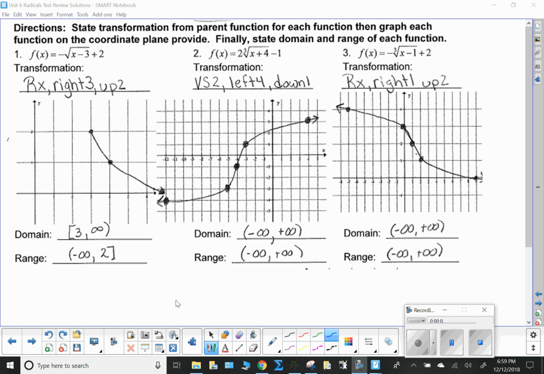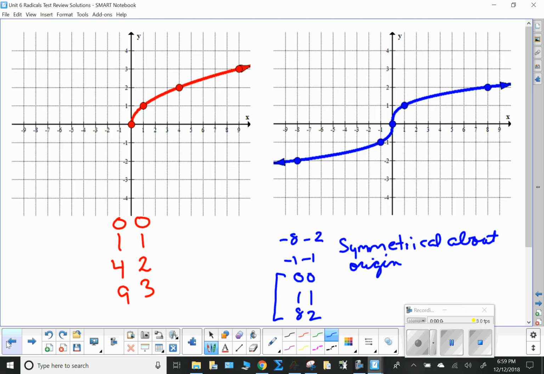Graphing radicals. Before we look at these problems, let's first go back and take a look at y equals the square root of x. The square root of 0 is 0, the square root of 1 is 1, the square root of 4 is 2, the square root of 9 is 3. That's our,